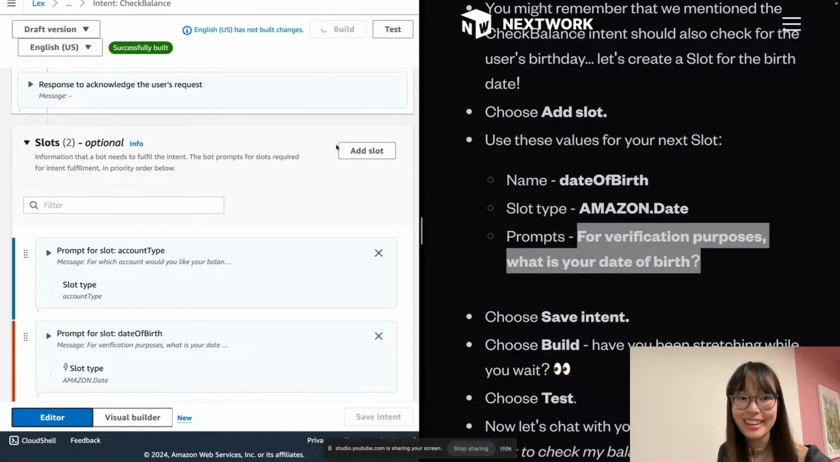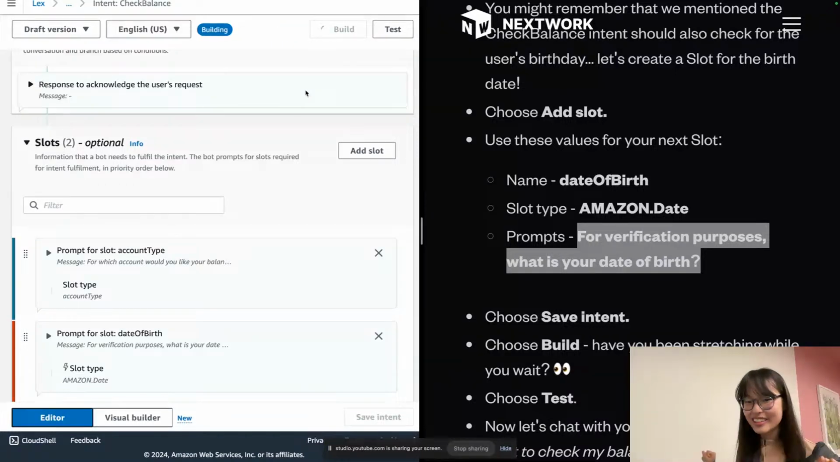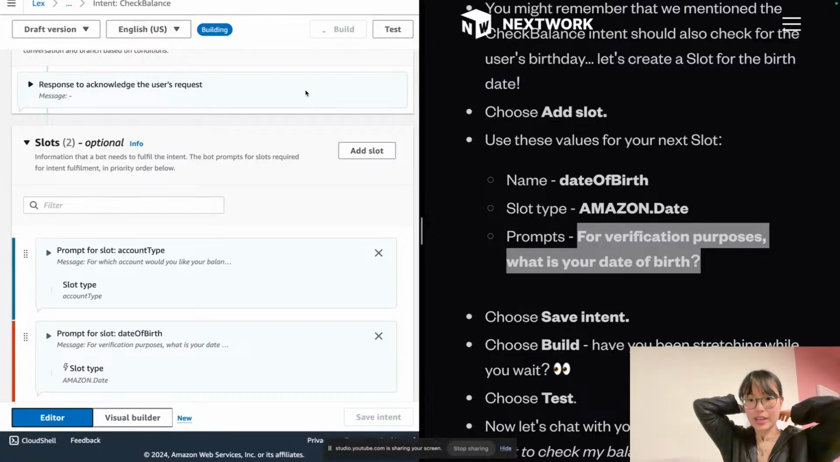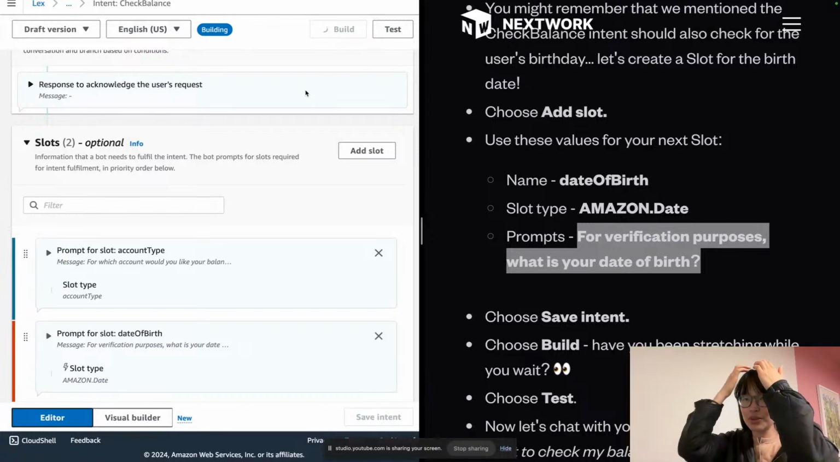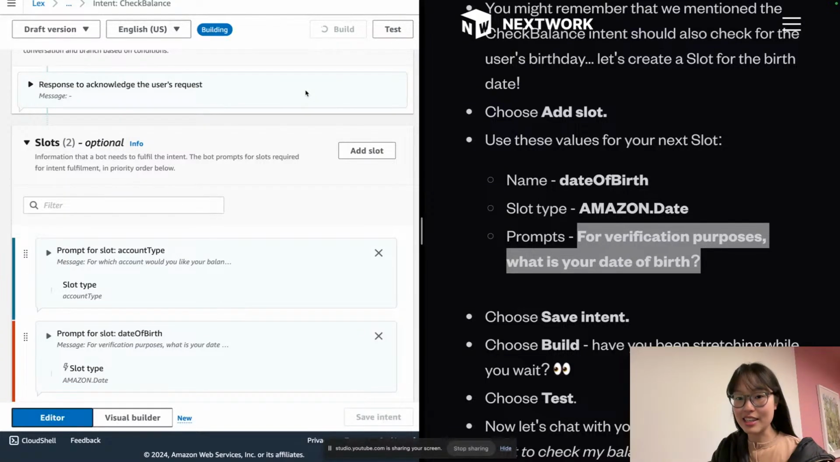Build. Okay, now we build. Building is always such a journey, I swear. It always keeps me in anticipation, that's for sure. All right, so while we're waiting for that to build,